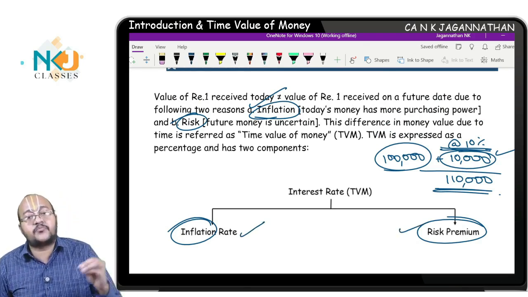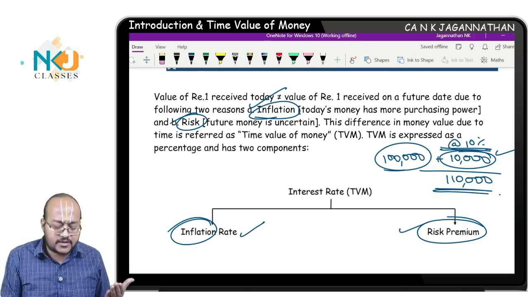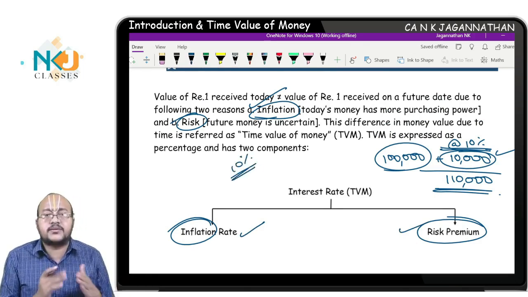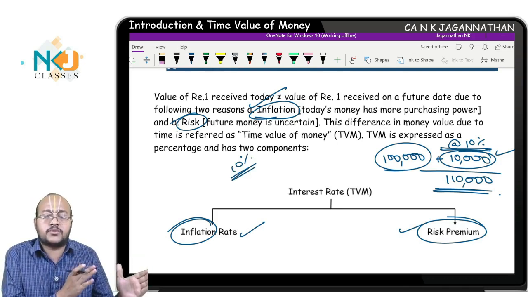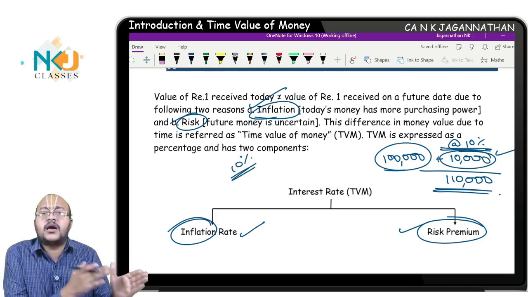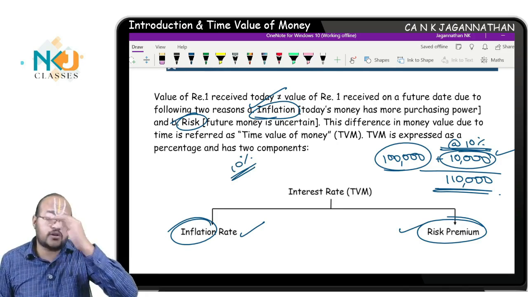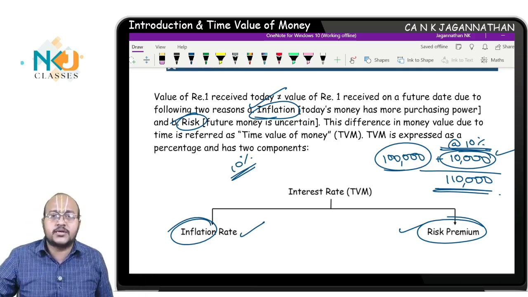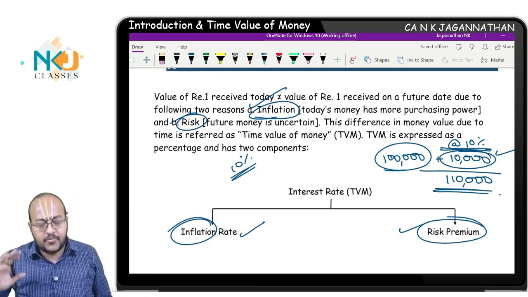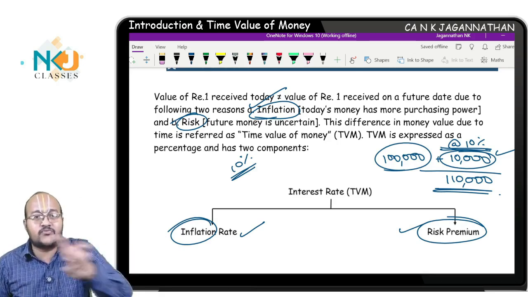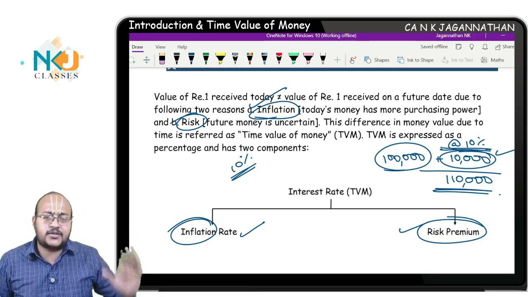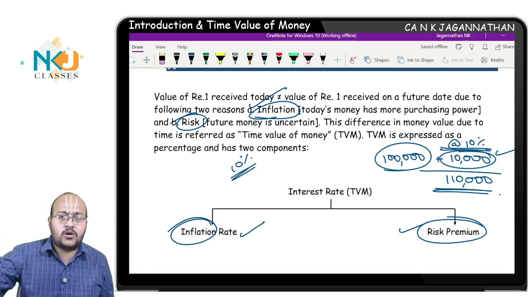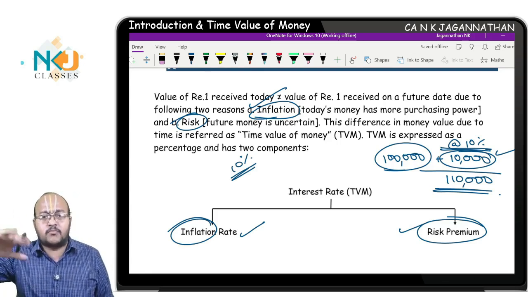Next is risk premium. Okay, say interest rate is 10%, now it will have two components inherently in it. One is compensation for inflation, as well as the compensation for risk. See, if inflation rate of this country is 6%, the balance portion is a risk premium. Now you cannot say it's exactly 6 and 4, why I'll tell you later. In international financial management, we are going to study international Fisher effect and all, money rate, inflation and risk premium, we will combine it all there.